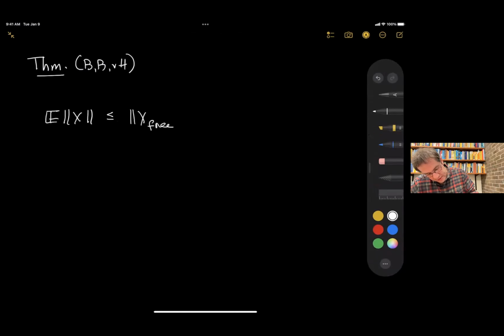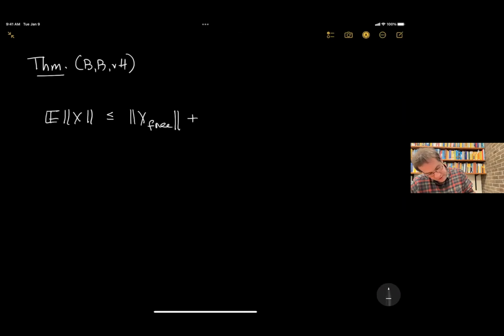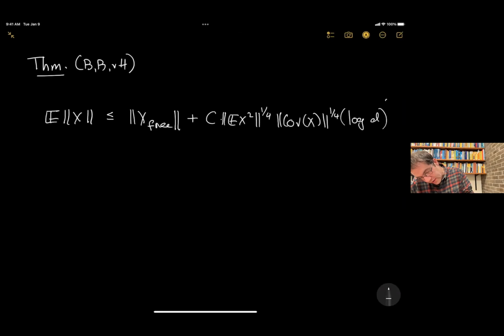It's bounded by the largest absolute value of the eigenvalues of X free, or of the spectrum of X free. So this is what the Platonic ideal would suggest. For example, if X was a Wigner matrix, the spectrum of X free would be the semicircle, so this would be exactly 2. And then we have a remainder term. In this remainder term, there is some universal constant, and then we have some parameters. Here's the previous parameter that we know and love, and here's another parameter that I have to explain to you in a moment. And we have some power of log D.